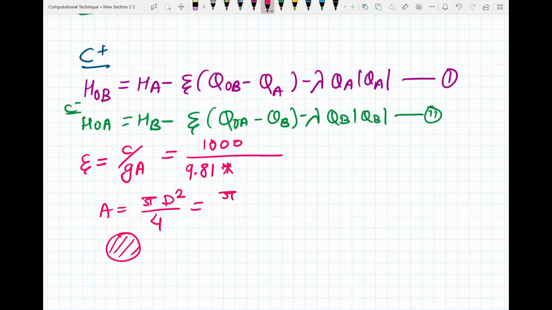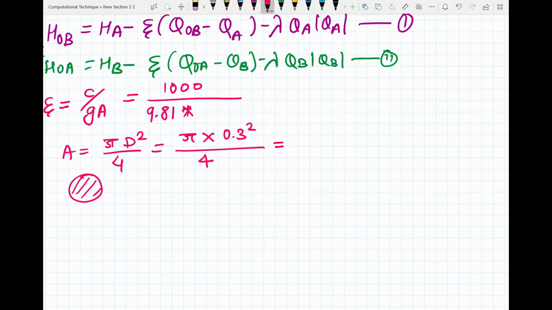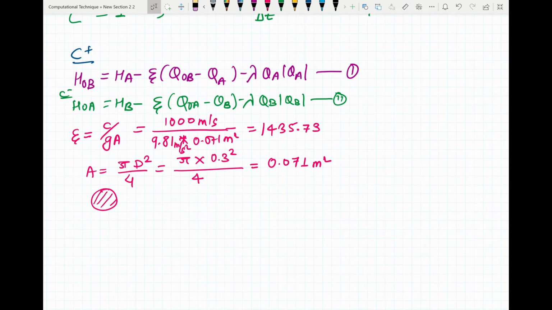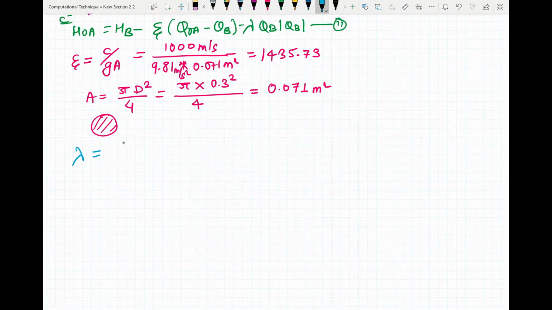This equals to pi into, which will be equal to 0.071 meter square, meter per second, meter square, meter per second square. Now what you'll get, your Xi as 1435.73, and your lambda will be equal to